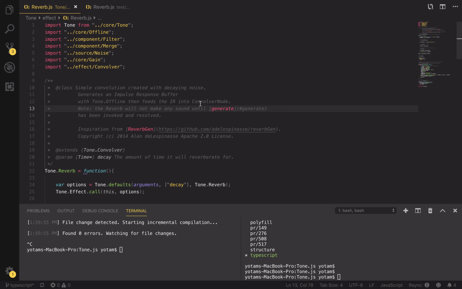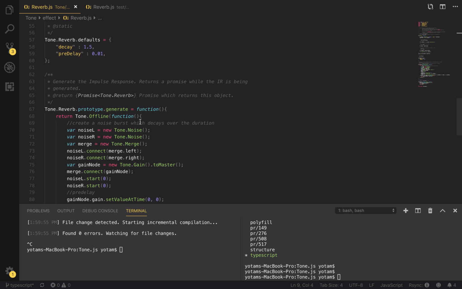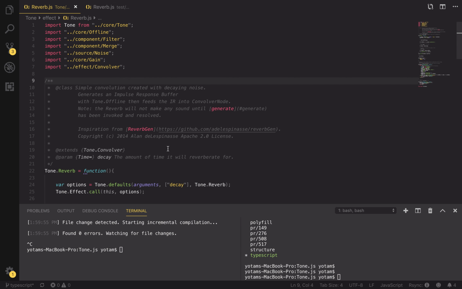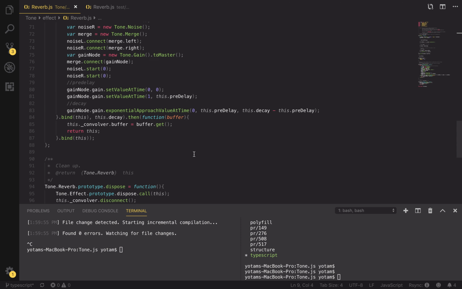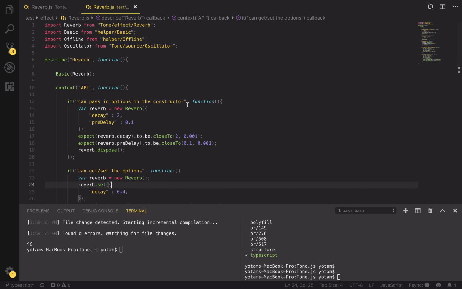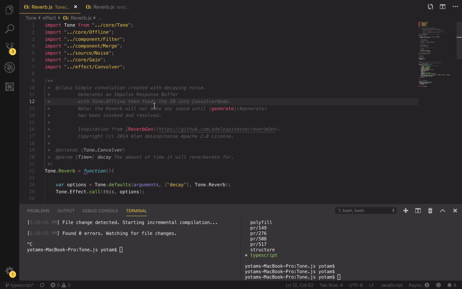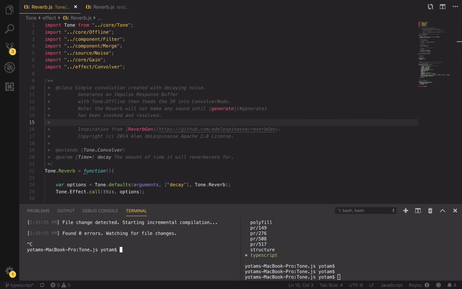Alright, so I'm going to walk through converting a class from this CommonJS type format of Tone.js to the new TypeScript format. The class that I'm going to use, for example, is this Reverb class, and we'll convert the Reverb and the test. So if everything's installed, I'm just going to confirm that we're on the TypeScript branch, which we are. Everything's installed, and I'm going to start